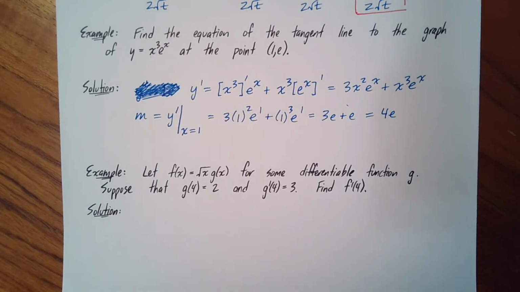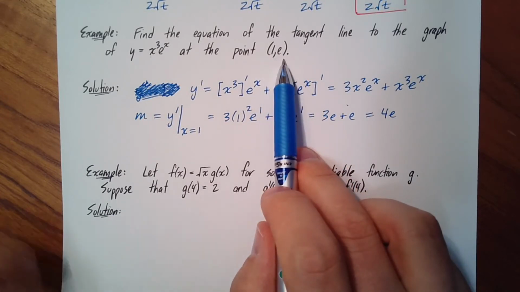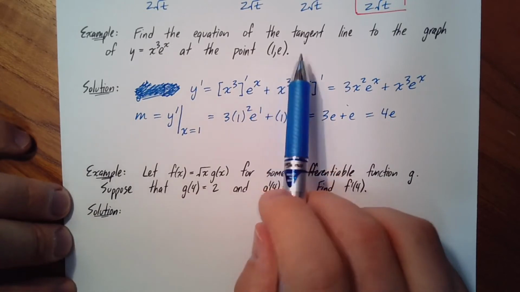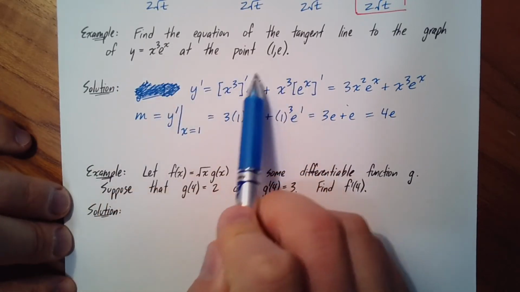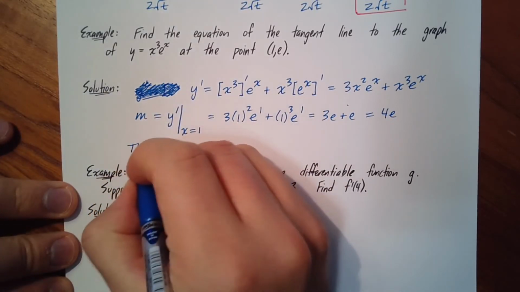And what else do we need? To get an equation of a line, you need the slope and a point that the line goes through. And good news, we already have a point that the line goes through. It's given in the question as (1, e). If the line is tangent to this graph at that point, that means a tangent line goes through that point. So we can say that the tangent line